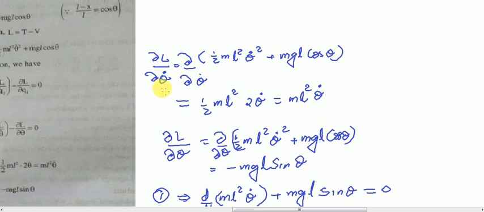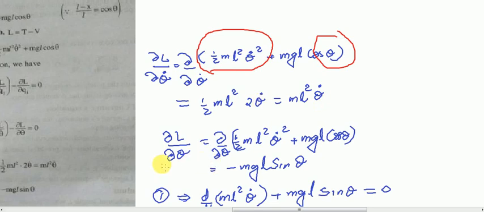We know that here the partial differentiation is with respect to theta dot. So only the first term is differentiated here, because the second term is with theta. So we have to differentiate only the first term, which includes theta dot. If you differentiate the second term with theta dot, the answer will be 0. So differentiating the first term, half m L square. What is theta dot square differential? It is 2 theta dot. Then half and 2 cancel, giving m L square theta dot. That is the answer for dou L by dou theta dot.